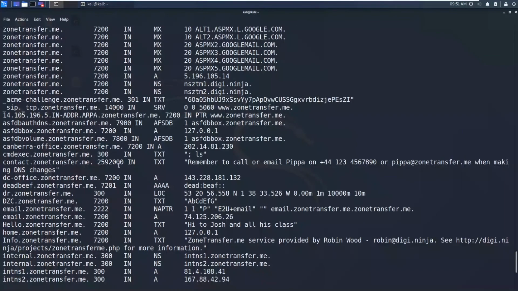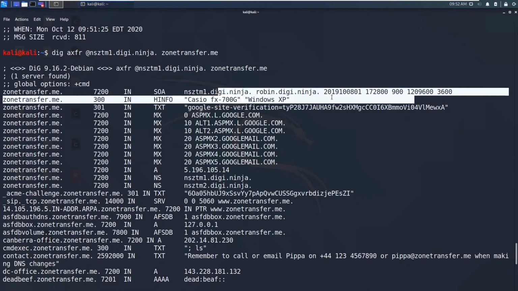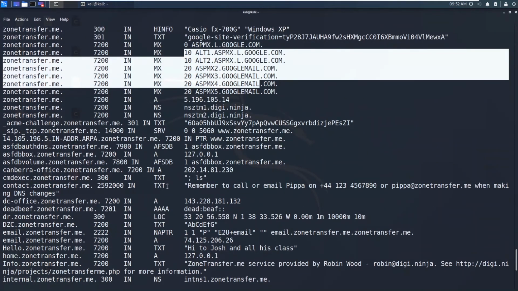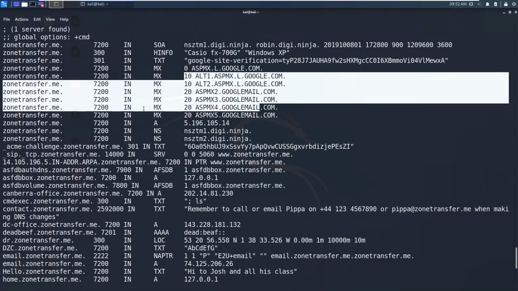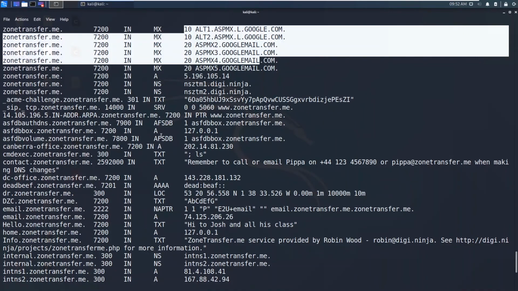As you can see, dig has almost got the entire information, because this name server allows the DNS zone information to be transferred. So we have got this start of authority record and the text records, mail exchange records, and pretty much you can see almost all information that is stored in this name server.